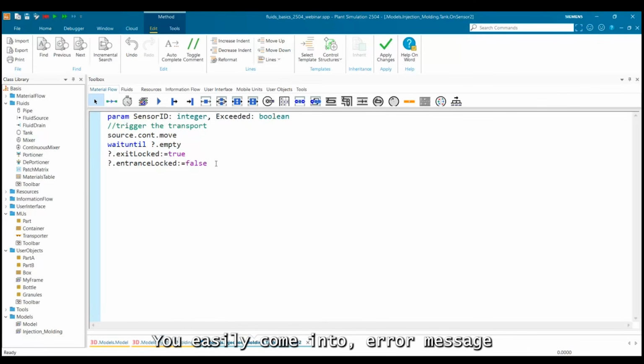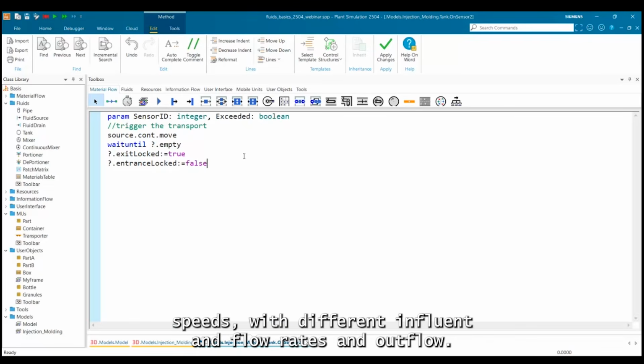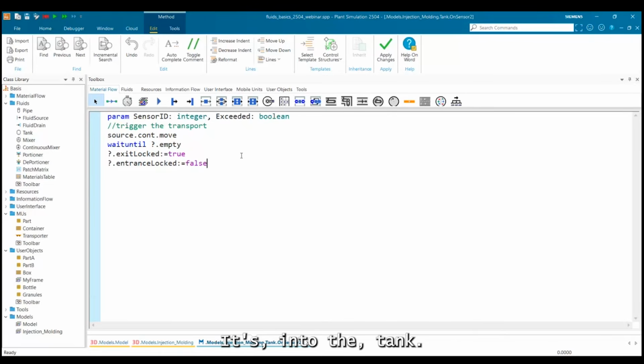You easily come into an error message from Plant Simulation that you cannot move with different speeds, with different inflow rates and outflow rates into the tank, and so you need to lock the entrance and exit temporarily.